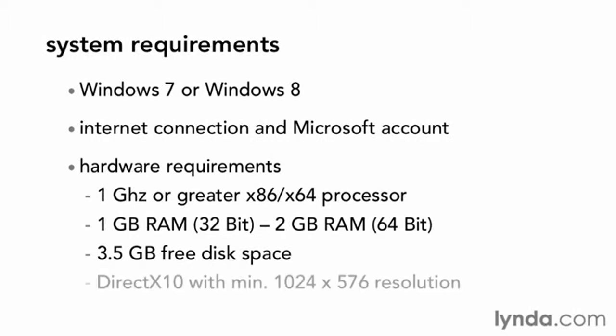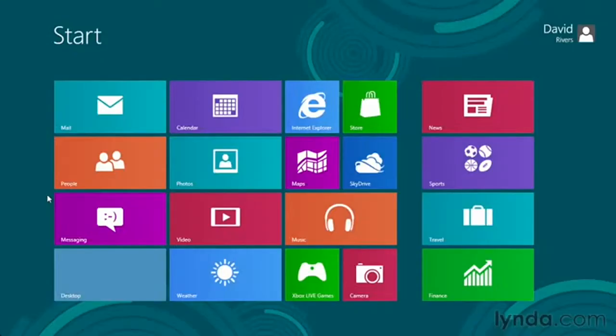Also, make sure you have a newer graphics card because it needs to be DirectX 10 with your screen resolution set to at least 1024 by 576. If you have all of the above, you're ready to install a customer preview of Office 2013. That's coming up next. So your computer meets the system requirements for trying out the new Office 2013 customer preview,